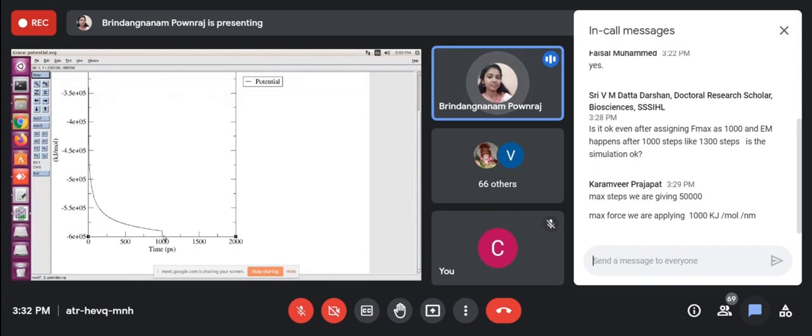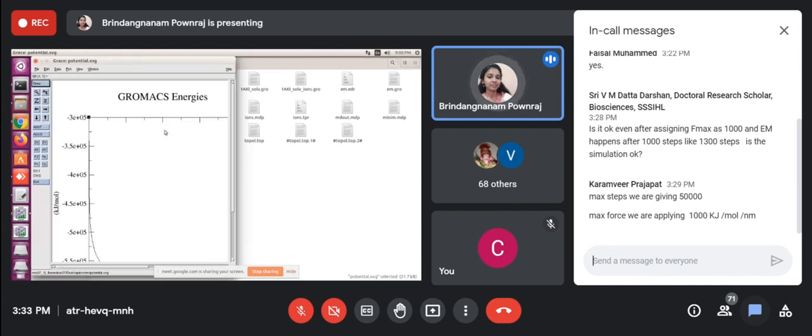So at step 103, almost here, it reached its minimization, minus 5.8, right? So minus 5.8, it will come nearly here, and at 103 steps it reached the minimization. Okay.